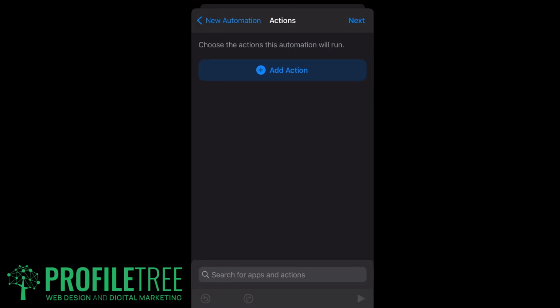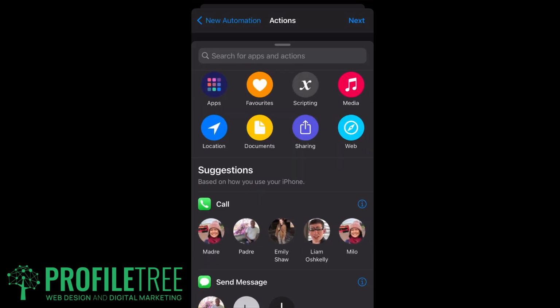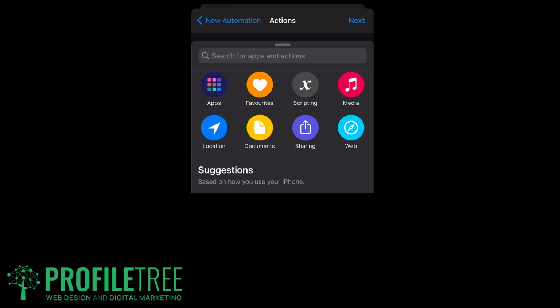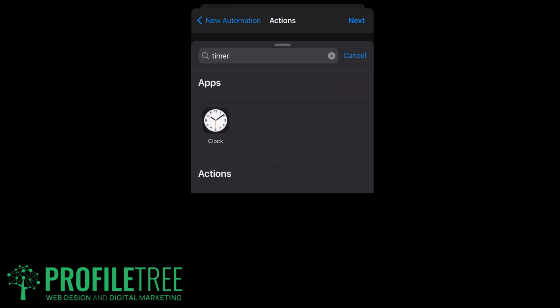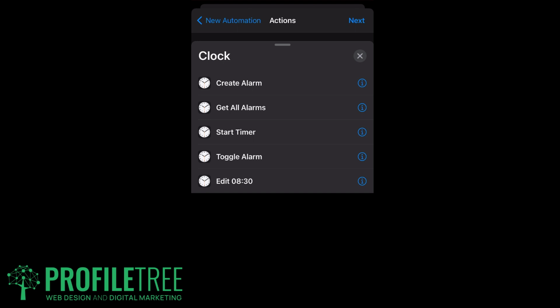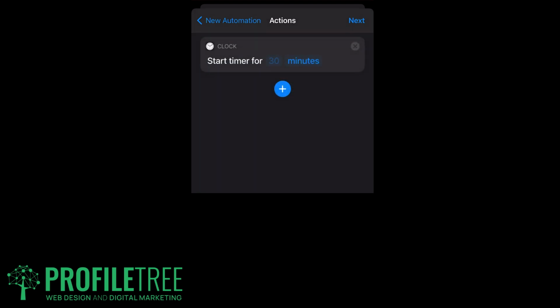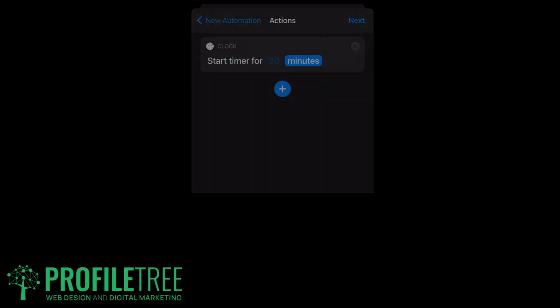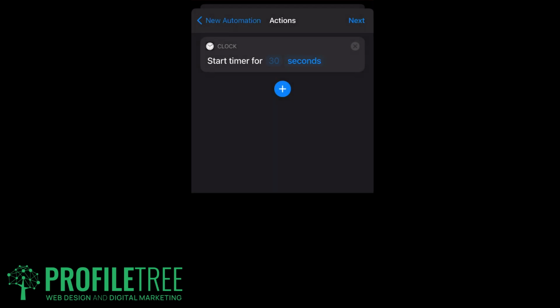Then what we want to do is add an action. So the action that we're going to be looking for is the timer. So we'll just search it up here on the search bar. So go ahead and search up timer, click on the clock and go ahead and start a timer. And then we're going to change this to 1 second, and we'll change out the seconds, and then we'll put